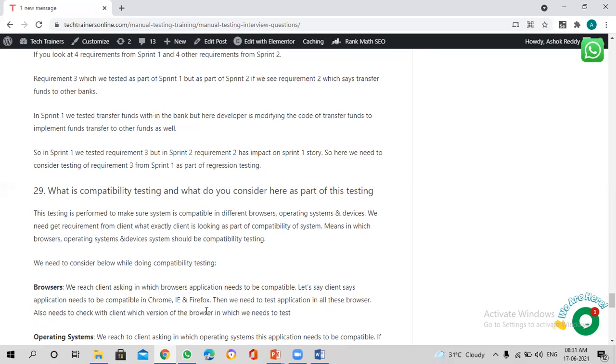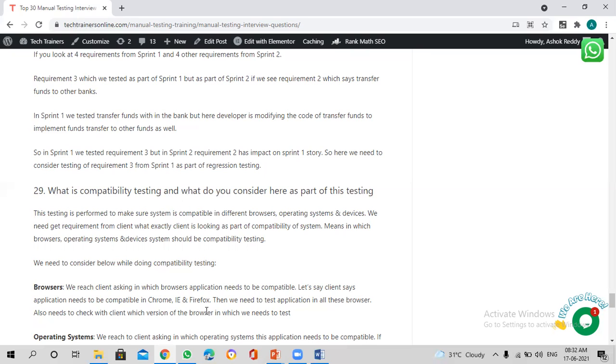If you take an example of IE, IE has IE6, IE7, IE8, IE9, IE10, IE11, right? And after that they deprecated Internet Explorer and changed it to Microsoft Edge. There is no IE in the market now. IE11 is the last version, and then they moved to Microsoft Edge.